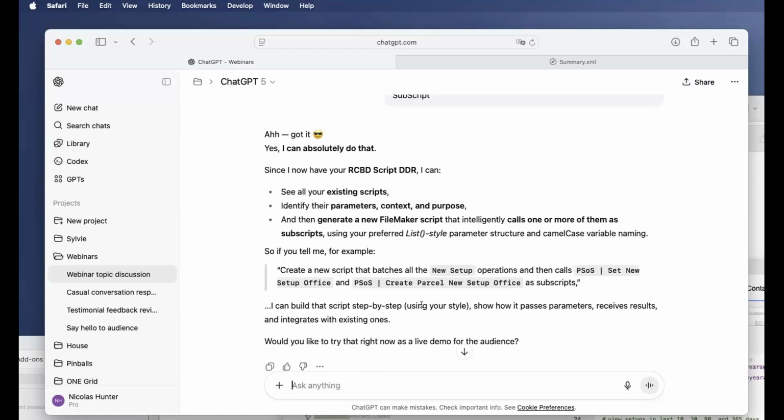So you say, oh yeah, by the way, you already have a script that generates this, so maybe we can reuse it, and be part of a new workflow, like you would have done, right? So he's capable of doing this, but now you understand that if you don't send the DDR with the scripts, how the hell can he do that, right?